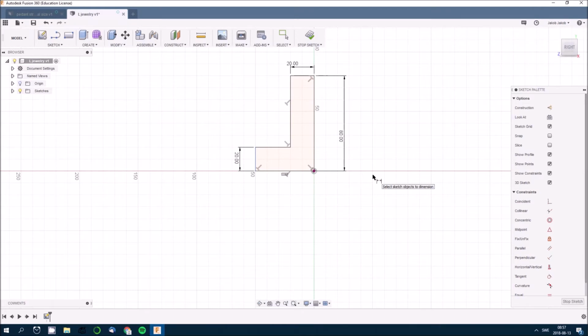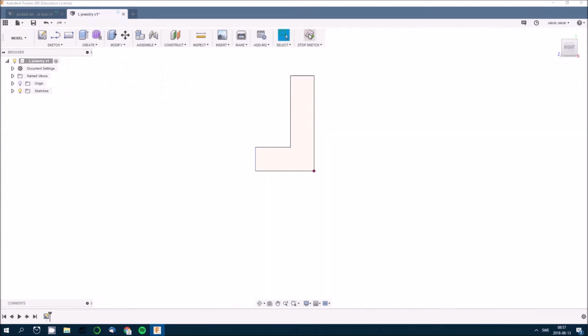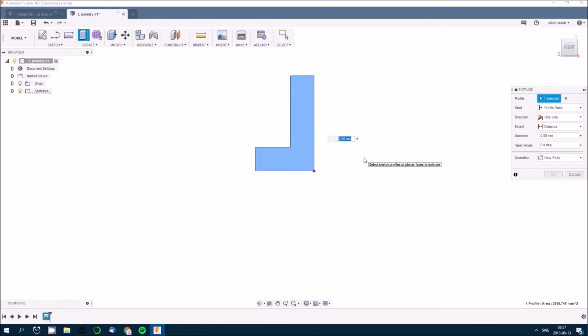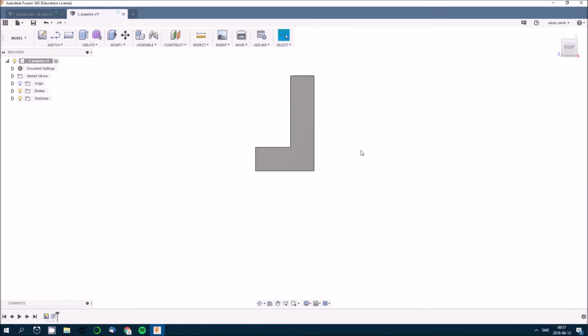There we have the L from the side, and we stop the sketch and extrude it, and extrude it 20. Then we have this L, this 3-dimensional L,